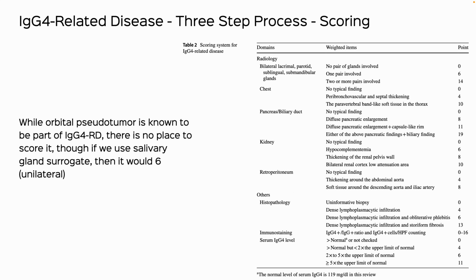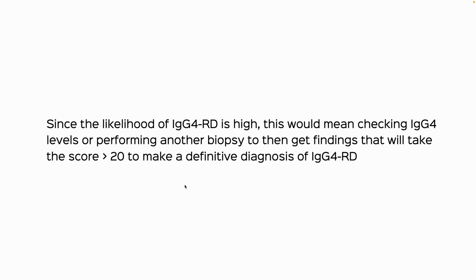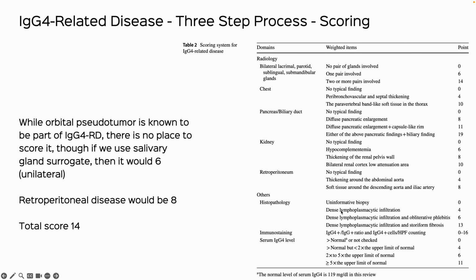Now, our patient, and this is difficult because orbital disease is not listed here, but I'm just saying if you were to use it as a surrogate for lacrimal gland, you'd say one pair involved, 0.6. Retroperitoneal disease, you can see here, soft tissue around the descending aorta and iliac artery is 8. So the total score is 14, which is not enough to make a definitive diagnosis, which means that the patient will likely need to either have elevated plasma levels or get a new biopsy done to see if it fits into any of these,